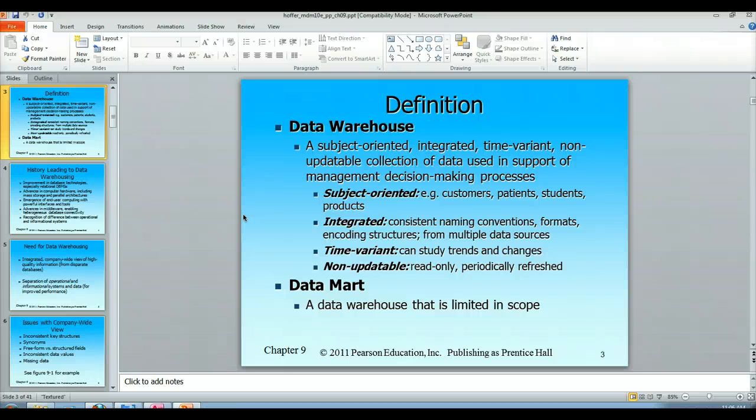Time variant. So obviously a data warehouse is taking maybe daily snapshots, maybe hourly snapshots. So we're going to use time to look at trends. And it's not updatable, right? So once you've taken that snapshot, that's what the snapshot is. It gets periodically refreshed, and again, that could be hourly, could be daily, could be weekly, could be monthly, depending